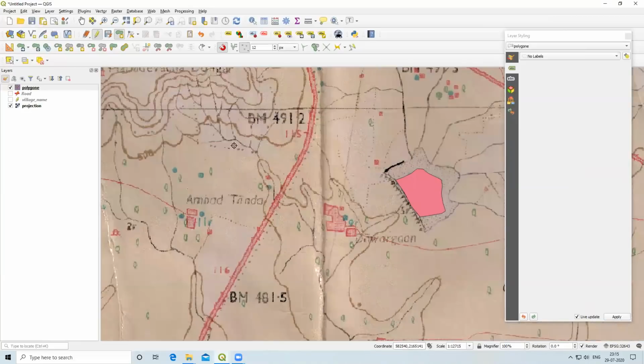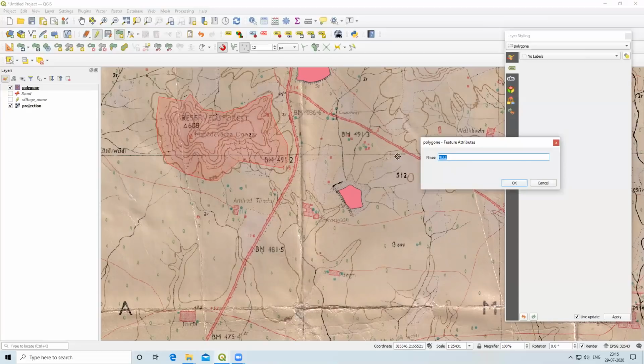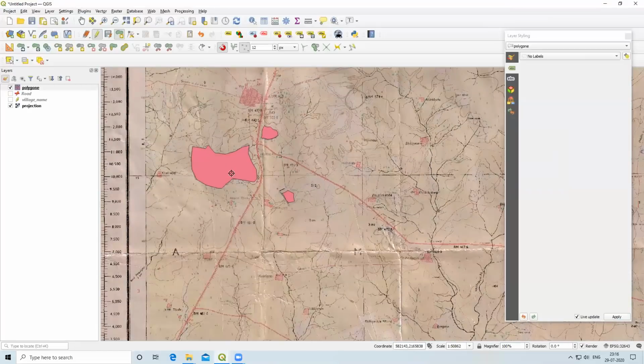If I want to digitize this forest, I will digitize roughly, for demonstration purposes. Press OK. Now I want to change the color of all these polygons and I want to label them.